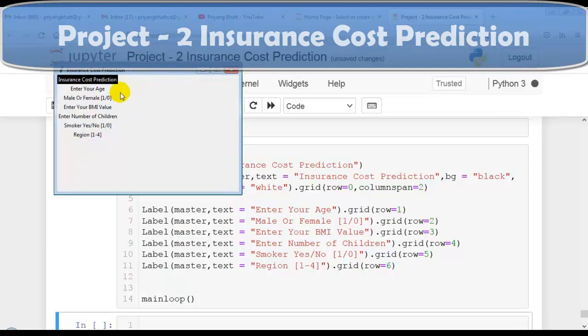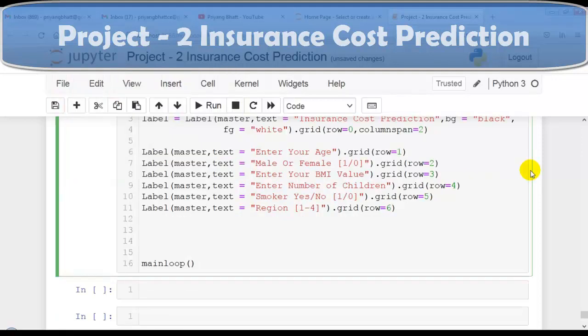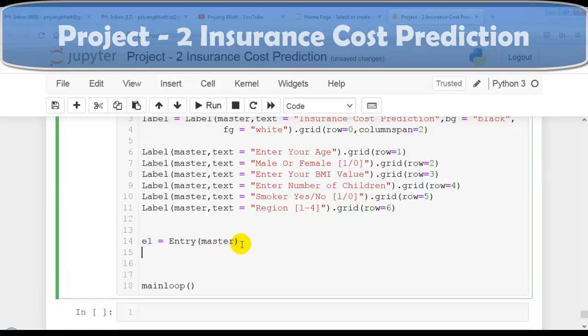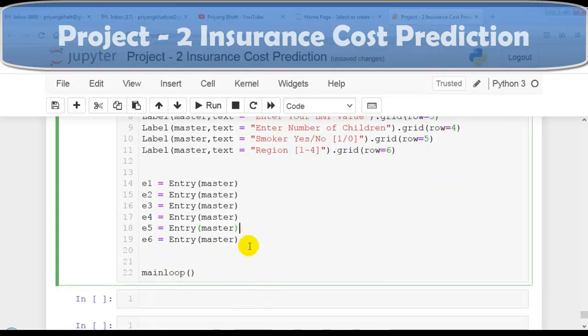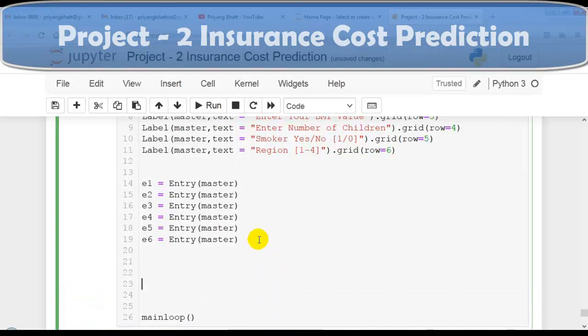So now let's create input widgets so the user can enter these values. For that let me write E1, which is called an entry widget, entry in master form. To save our recording time, let me copy and paste. Let me set it to E2, E3, E4, E5 and E6, because here you can see 1, 2, 3, 4, 5 and 6. So now let's set its position inside this form. E1 dot grid, row number 1 and also column number 1.